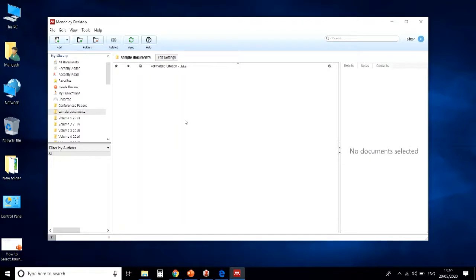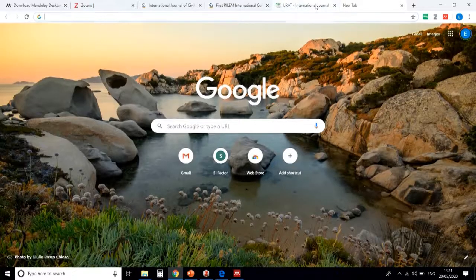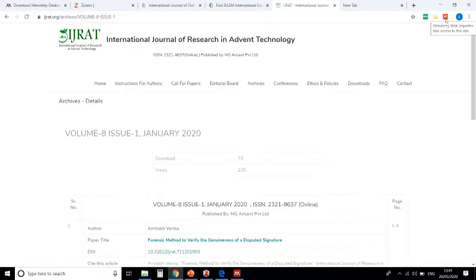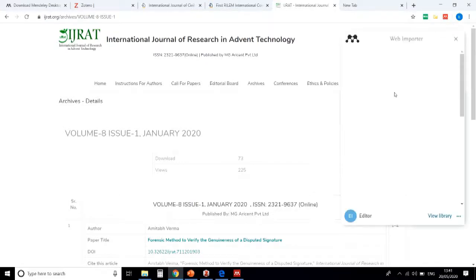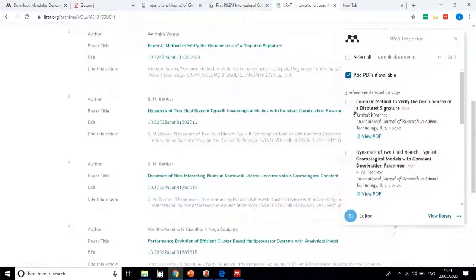Here, same, you can manage all your references. Again you need to add a web browser extension. Here I already added the Mendeley extension to my web browser. To add any reference from any URL, just click on that Mendeley icon.